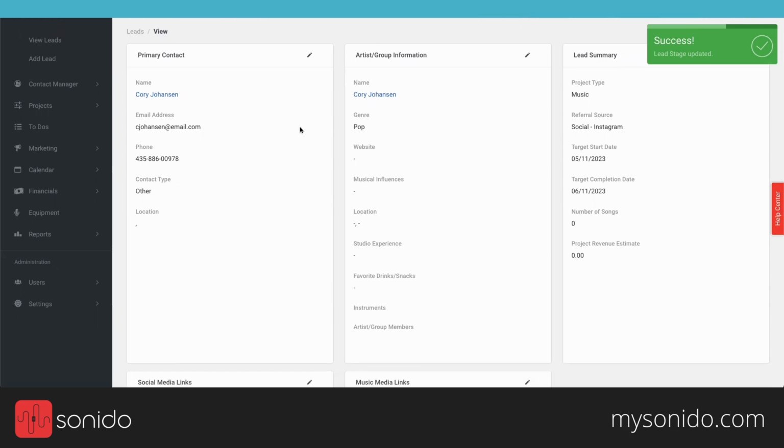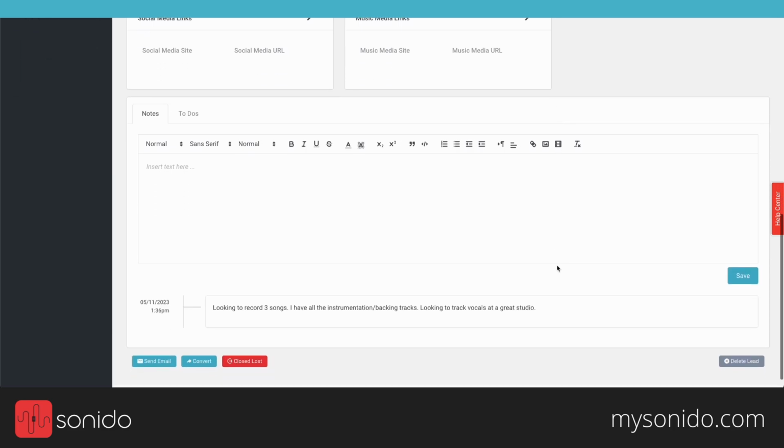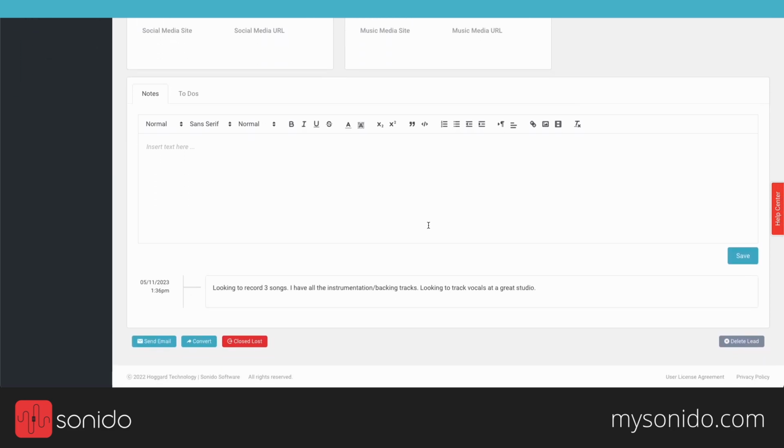Now, down below, we've got some additional details, the primary contact, the artist or group information about a future project, and so forth. So we can collect all of those details, but a lot of times what we're doing as we're communicating with these leads, these individuals, is dealing with communications and follow-up reminders. So within Sonido, we have a notes field. Here in the notes, we can populate any details necessary about our conversations, about the record, our impressions, things like,